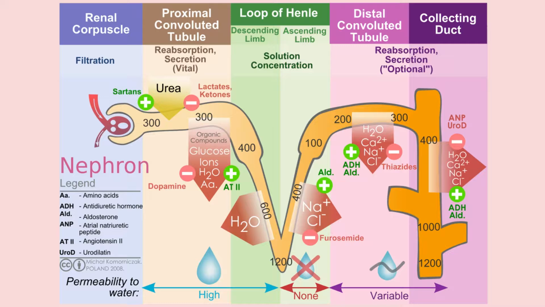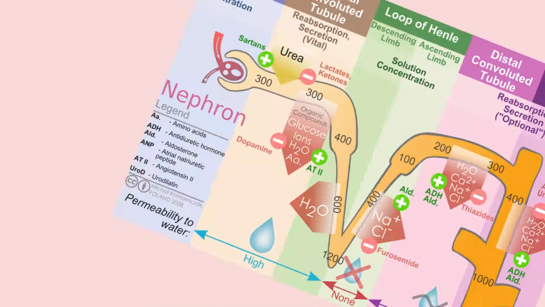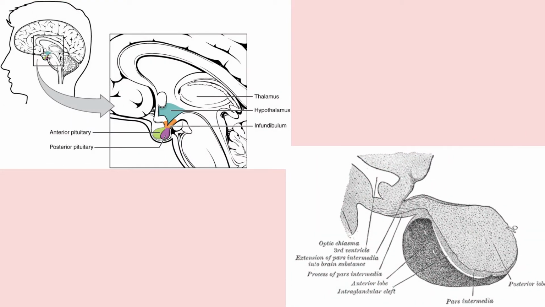Because as we know, the last part, that is the collecting ducts, the collecting tubules, etc., they are dependent upon ADH for water reabsorption. So supposing our body has lost a lot of water, or you're dehydrated, or there's blood loss or something, so you've lost water, so there's a high concentration of solutes, your plasma osmolarity has gone high. Now when this hyper concentrated plasma or blood reaches the hypothalamus and the pituitary to release, there is a feedback system.